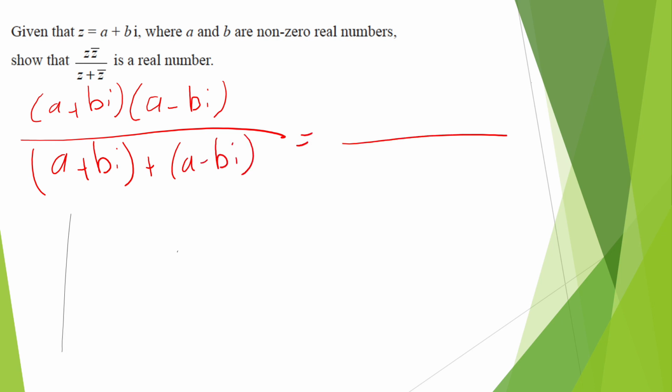Expand because we're multiplying by the conjugate, so the real term squared minus the imaginary term squared, and then here